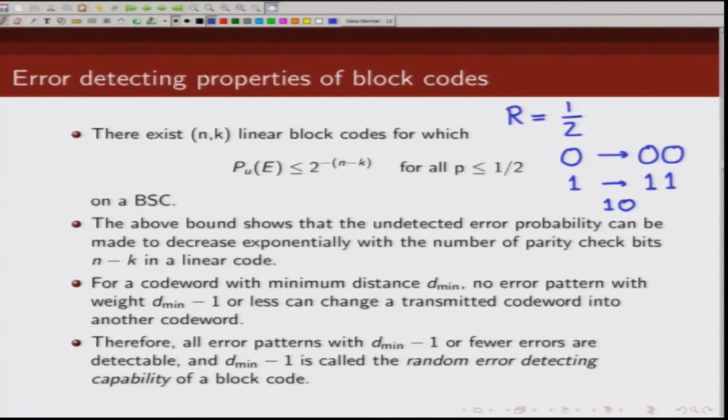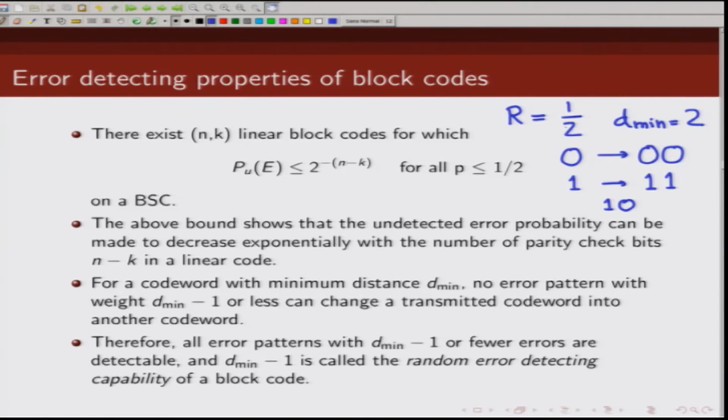We can see that the minimum distance of this code is 2. So, according to this, we should be able to detect all error patterns of weight 1. Let us take an example. Let us say we receive 1 0. Can you detect the error? Yes, we can, because